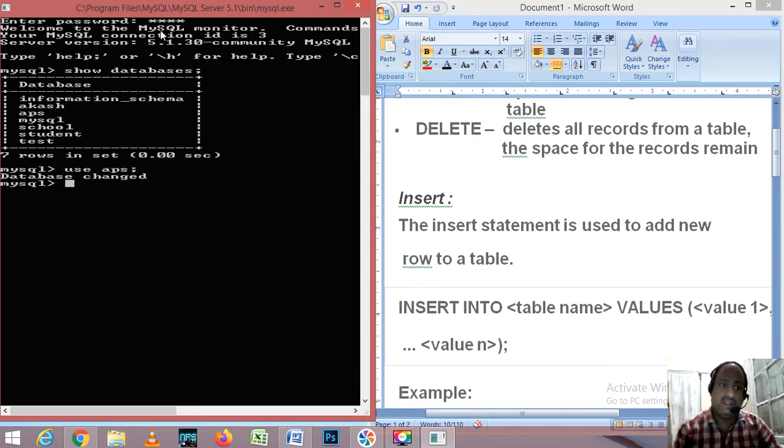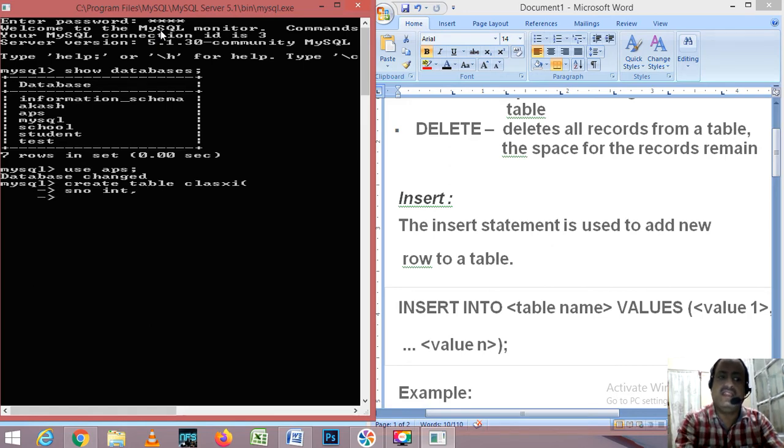Now suppose here we want to create a table. So you can CREATE TABLE class 11th. Our table name is class 11th. Now in class 11th, I am going to create school number, which is in the form of integer.